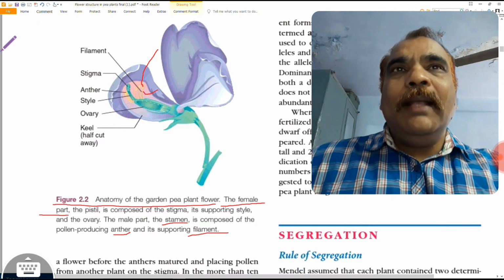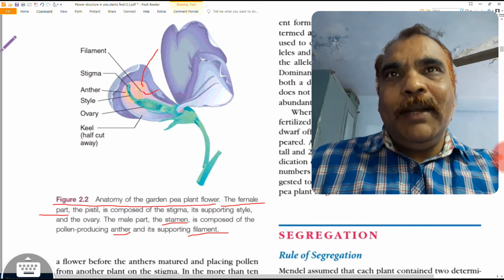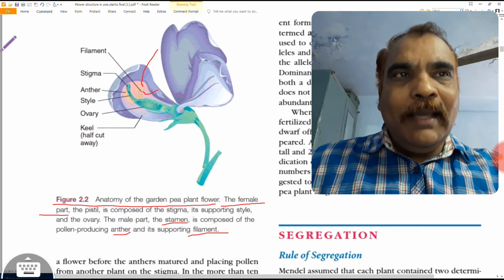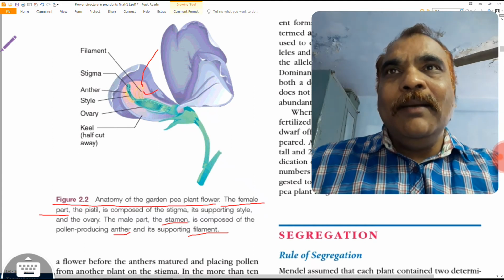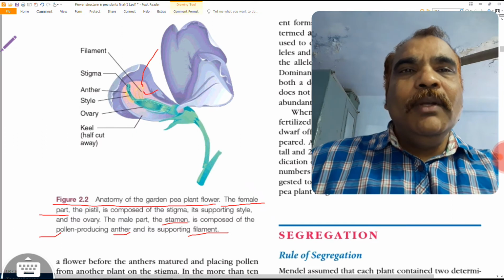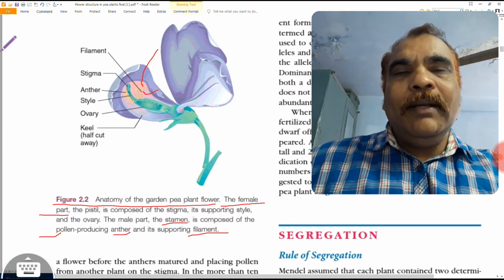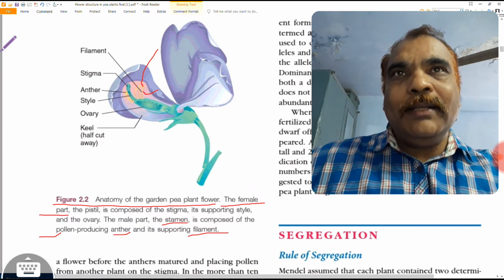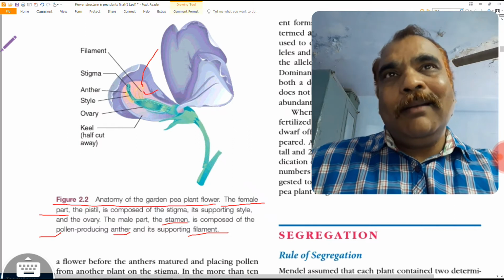So anther and filament together are known as the stamen. And inside the anther, pollens are formed. So this figure is showing us the anatomy of the garden pea